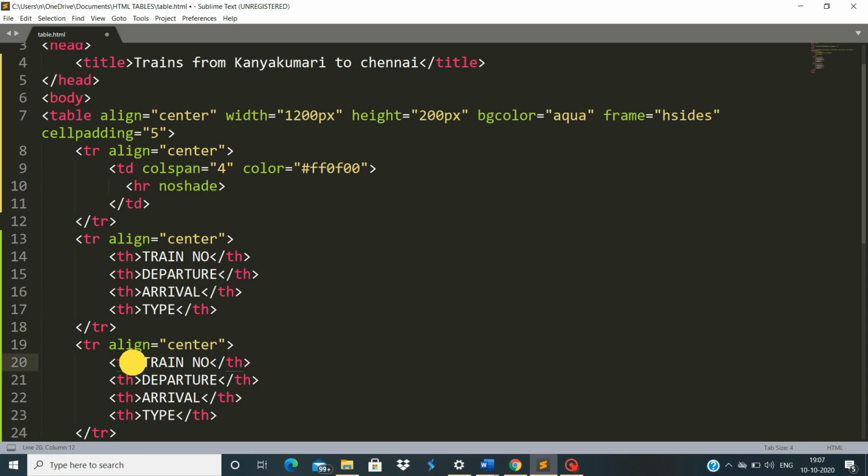Here now we will not use this, because the first one was table header, now this will be our table data.